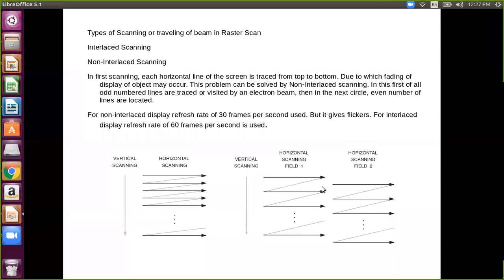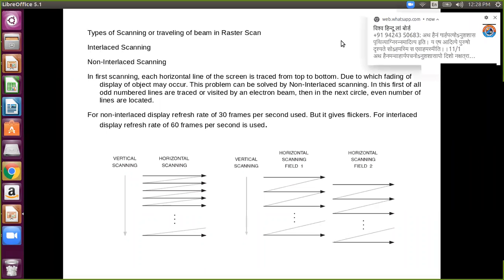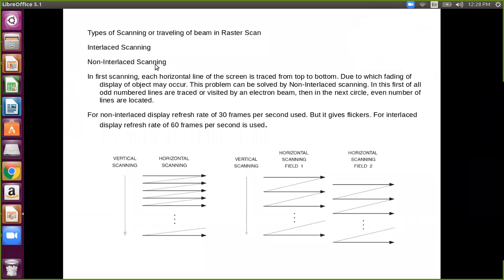Interlaced means you are not considering one line between two considered lines. The right side image is interlaced. Each horizontal line of the screen is transformed to, sorry, it is not right, it is written wrong: the first scanning means non-interlaced.